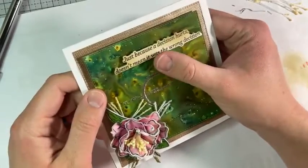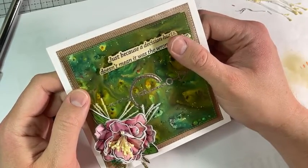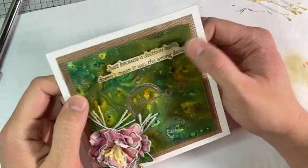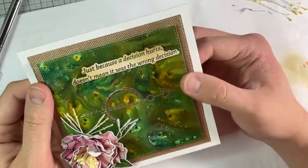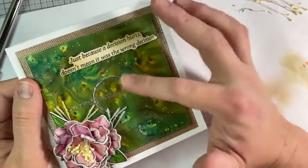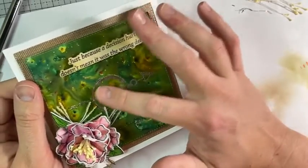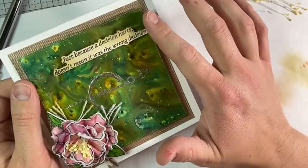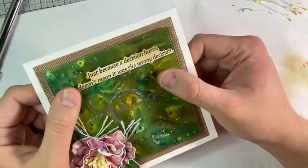And then you can see, yeah, what Dale said. I heat embossed the geometric design in the background, and then cut out the sentiment, one of the sentiments that comes with it. And then at some point,